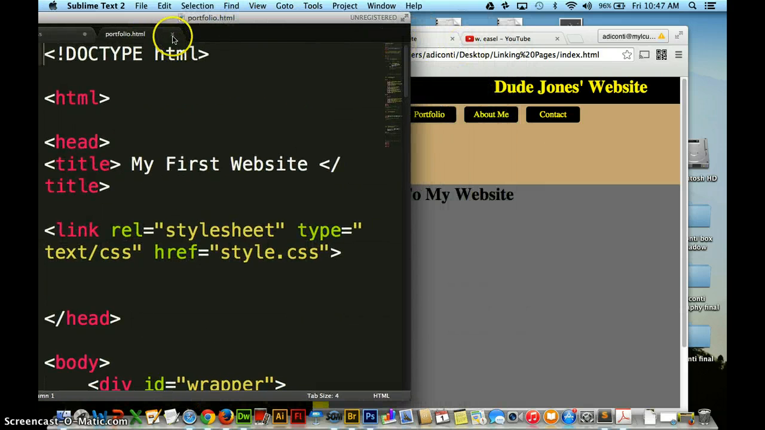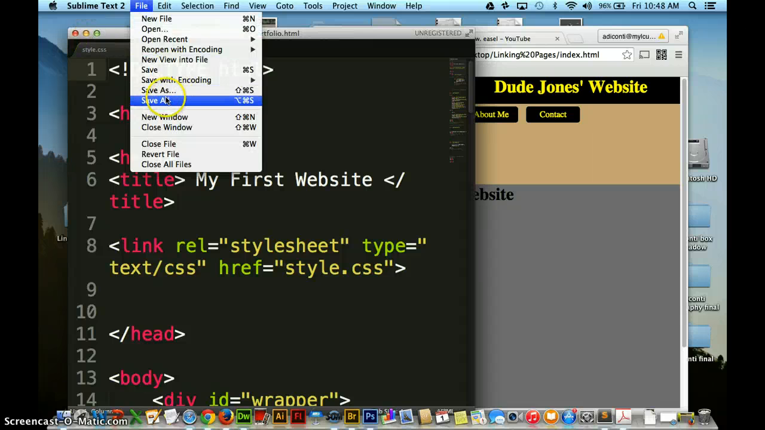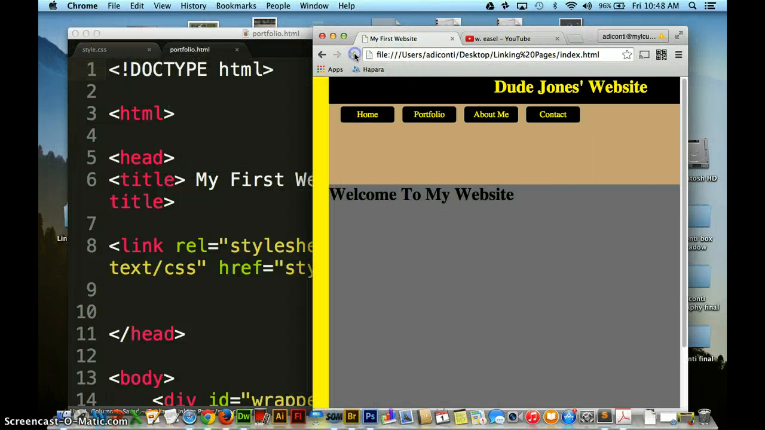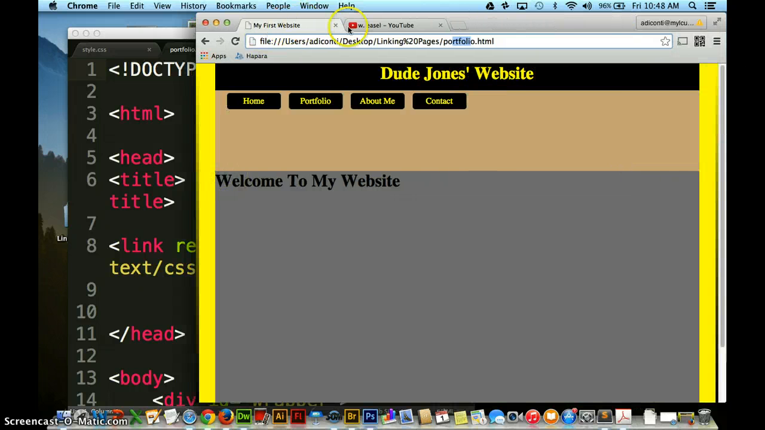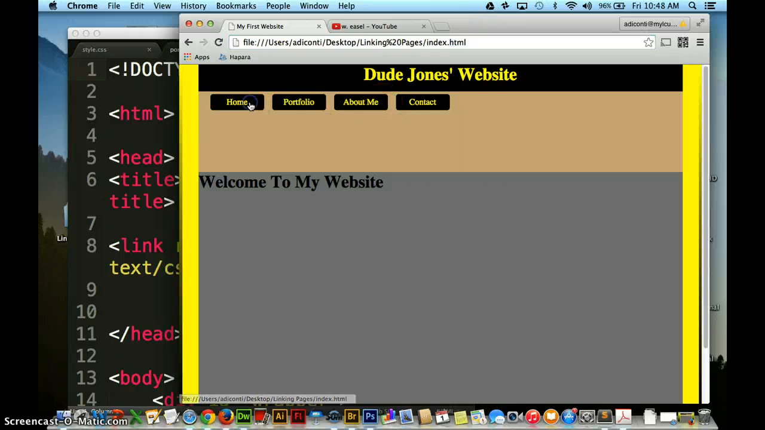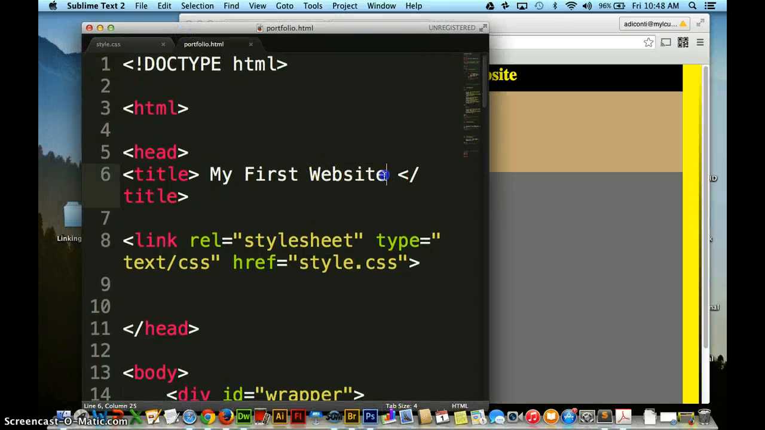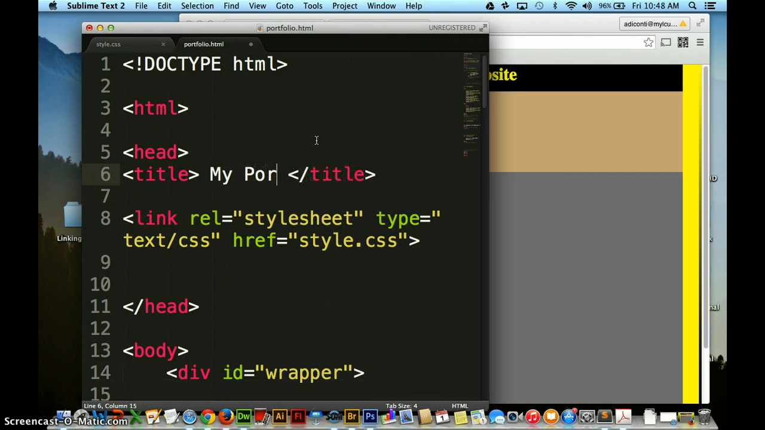Now, first let me save all. If I come over here, refresh it, come into Portfolio, click it, you will see right up here, Portfolio, but notice that it looks exactly like the index. Well, that's because we saved the index as Portfolio. So nothing changes. What we have to do is come back into the code here and change from first website to my portfolio. You could also have your name instead of my. Okay, let me save it